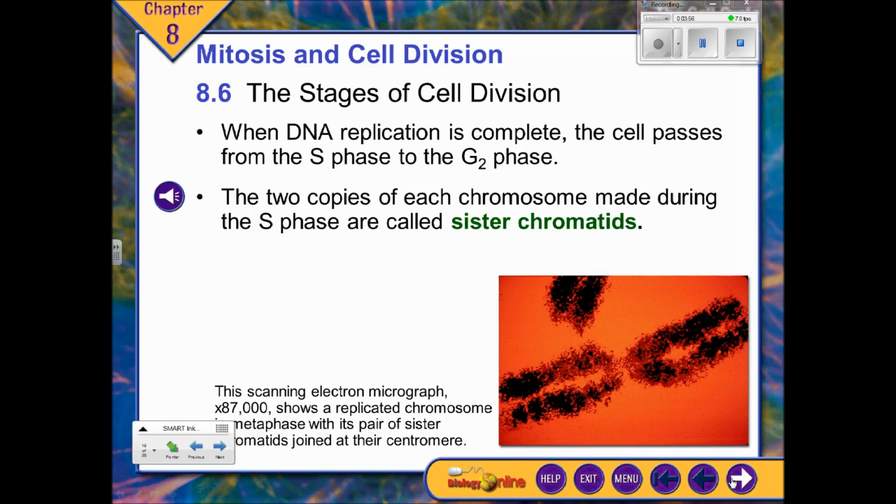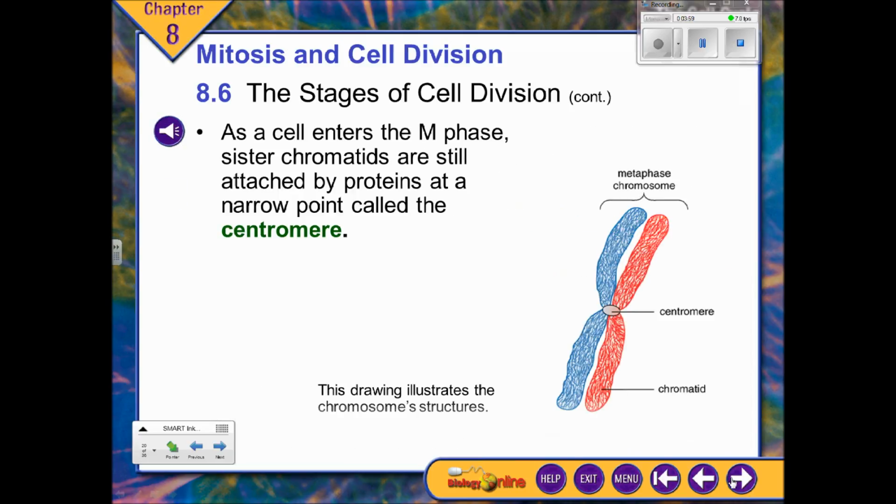Now, the two sides are known as sister chromatids. You can see here the part where they're being held together is called the centromere. It's also part of what's called the kinetochores. I don't think I require the kinetochores, but anyway, know that it's just the same area. I just think of it as a paper clip. It's part of the chromosome that helps it attach and helps the two identical strands of DNA be held together, so they're nice and organized.